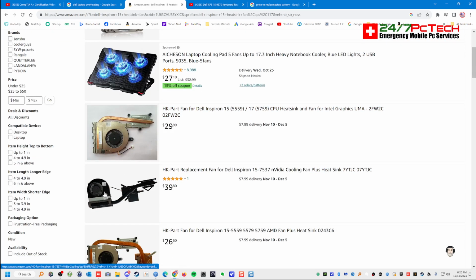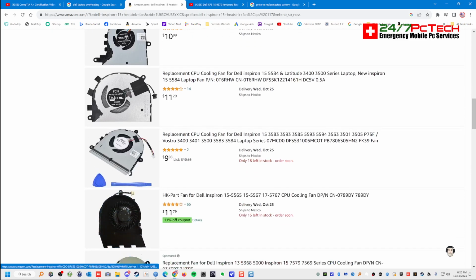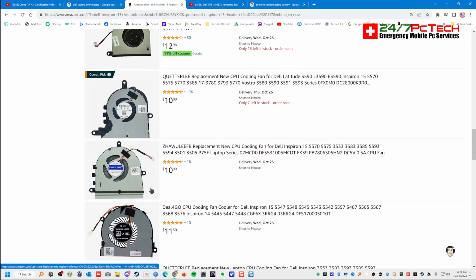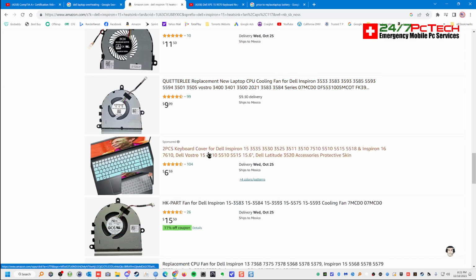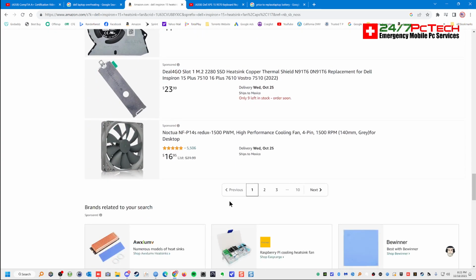See right there? $39, $26, $9. See that? Yes, I do see that. And then you could replace them. It only has like 3 screws, but you got to disassemble the computer. The fans are cheap to buy, but it's a pain to replace. Sometimes you got to take the motherboard off, and that could be a $120 to $150 job just to replace